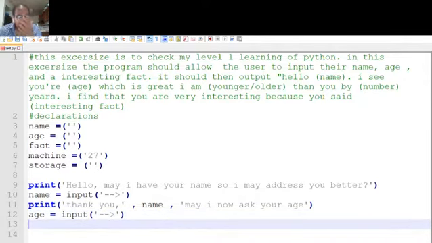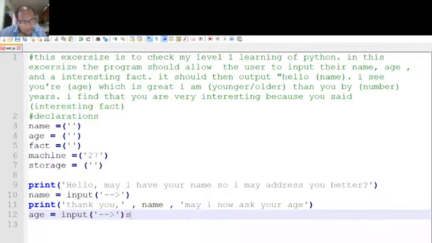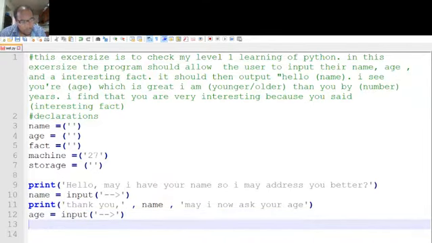So this is the part where I can go into finding out whether they're younger or older. This is going to be the beginning of the conversation. So I'm going to go, machine or storage. Let me think. No, let's do the machine first. So machine, it's going to be an if statement right here. So we're going to go if the machine, and LT just stands for less than,